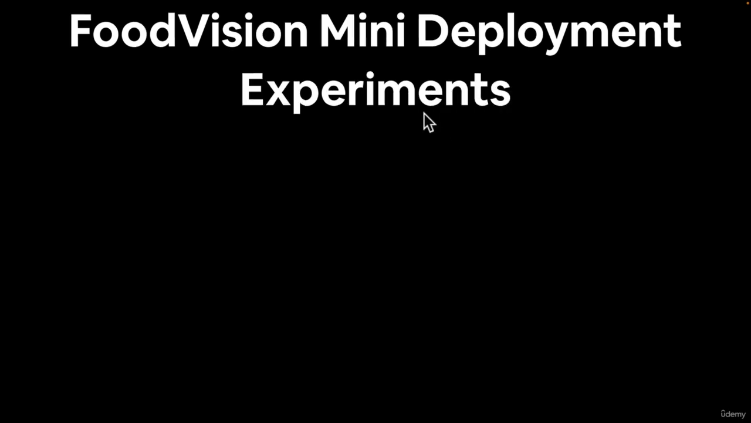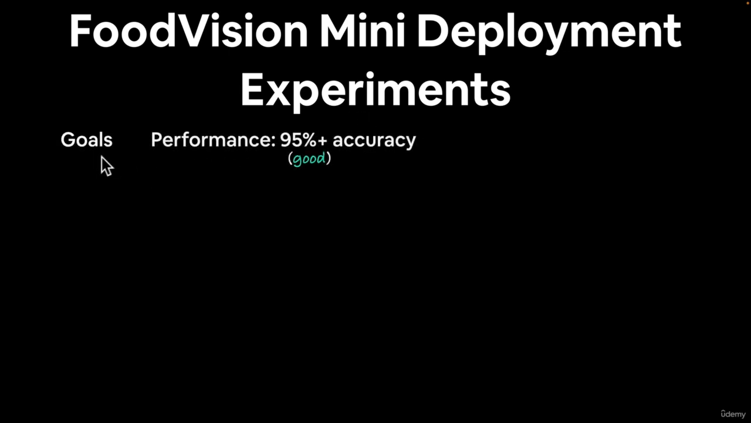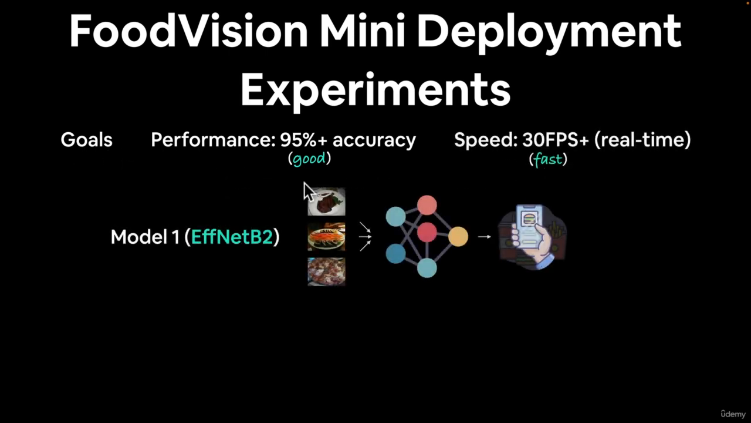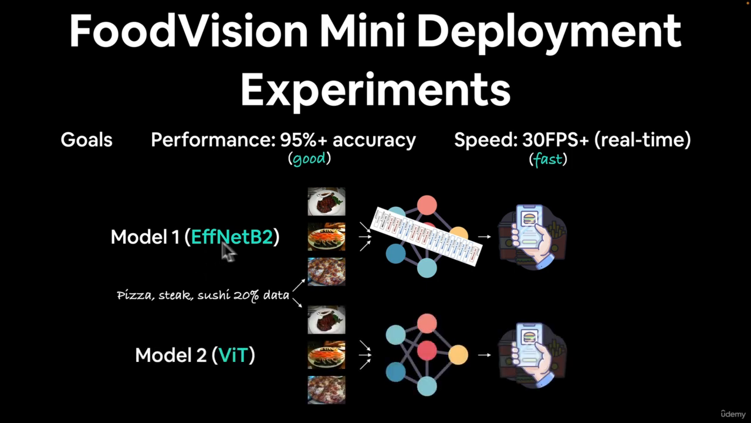Now, what experiments are we going to run to try and develop a model that is capable of doing that? Here's what we're going to do. We're going to set our goals. We want a good performance, and a fast model. So our best two performing models so far have been EfficientNet B2 feature extractor and a ViT feature extractor. So for our machine learning model deployment for Food Vision Mini experiment, we're going to train two of these models, one EfficientNet B2 feature extractor and one ViT feature extractor, vision transformer, on the same data set, and then we're going to get their metrics and compare them,